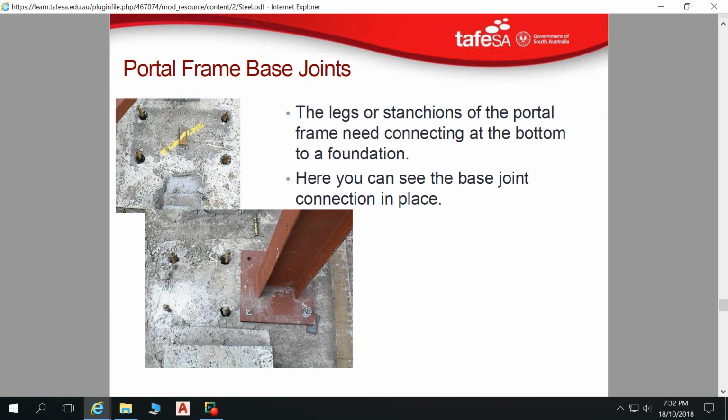Now those cast in threaded rods are going to be like this, and this is our concrete here, and then they're going to have a bit of a cog on the end of them to stop them being able to be pulled out of that concrete. So these have a huge degree of restraint in them. They can restrain a lot of kilonewtons of force, and there is a lot of kilonewtons of force acting upon